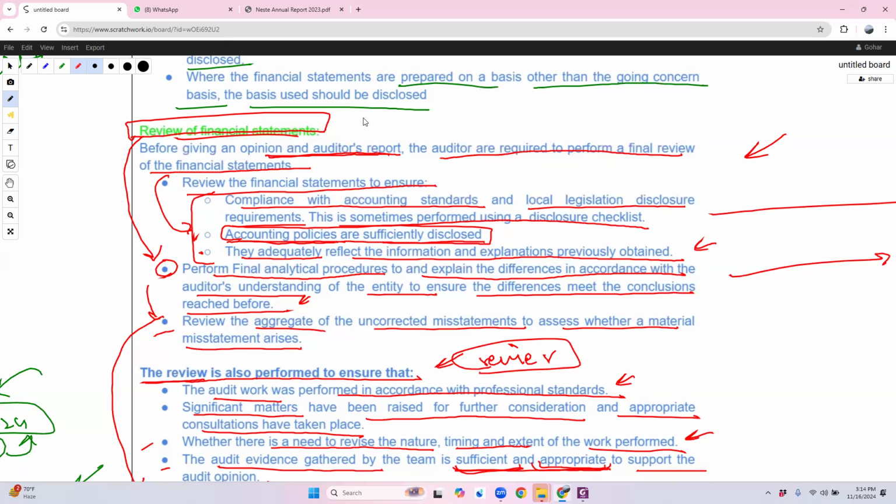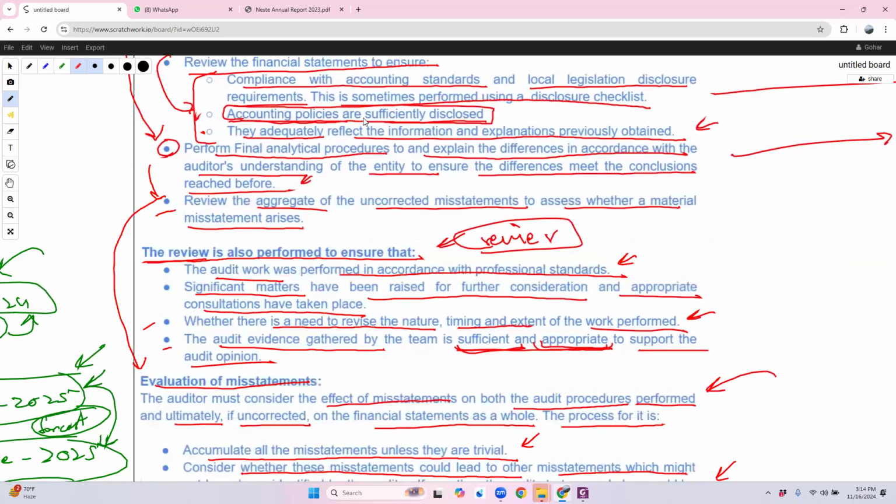Now related to the company, you check the financial statements to make sure that finally they are following the IFRS standards. The final analytical procedures have to be performed. You also need to check whether the misstatements have been corrected. If they're not corrected, then you follow